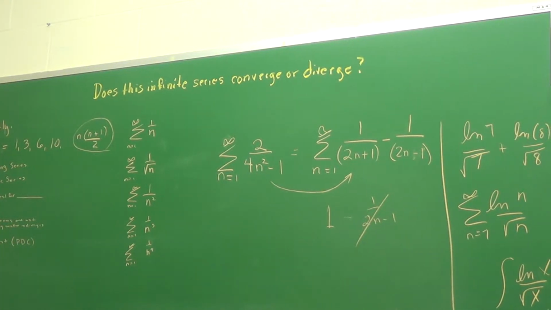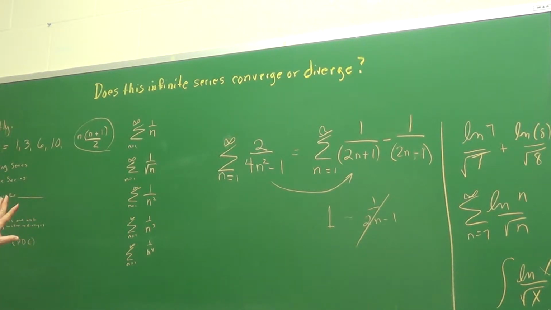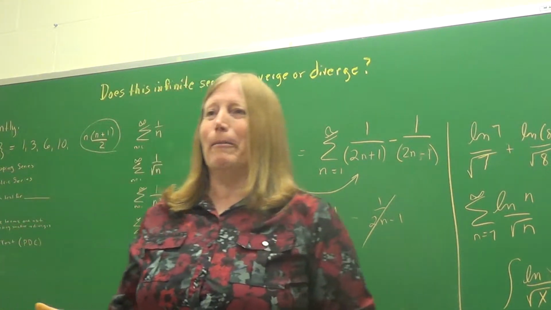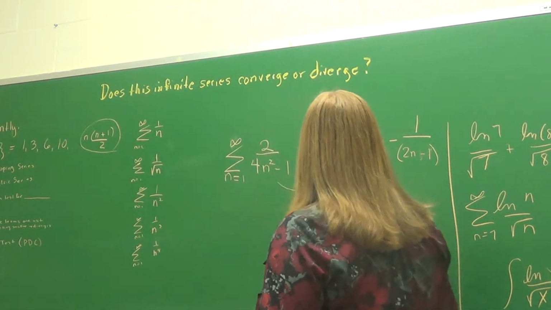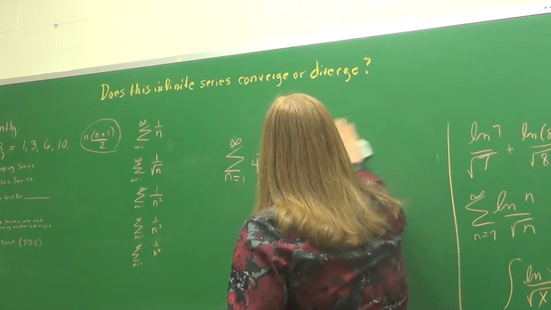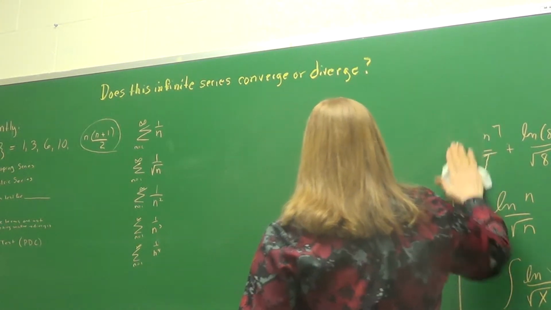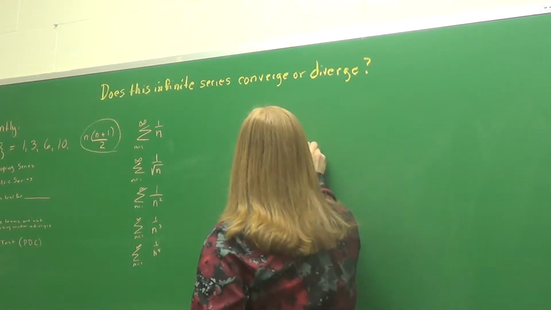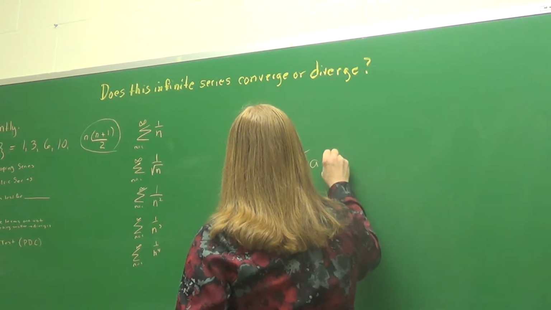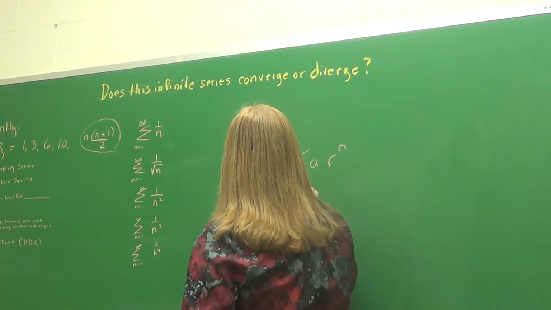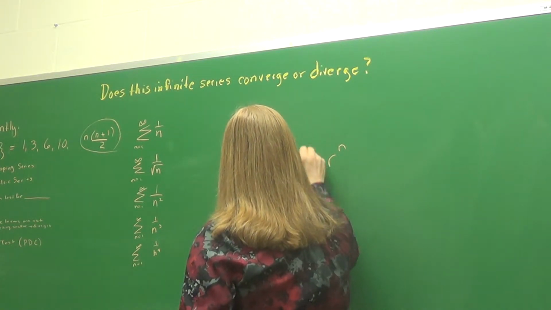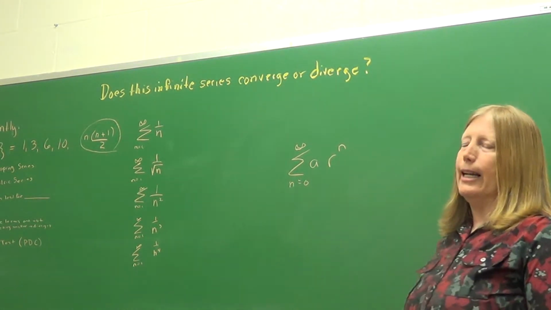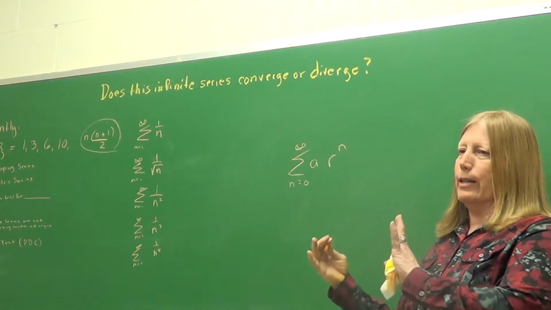Then we went on to geometric, which, like telescoping, has dropped out of our scopes because it just hasn't seemed to appear in our problem sets. But the geometric did appear and it stayed with us. So the geometric one looks like this. It has some first term and then some r raised to the n, and it went from 0 to infinity. So Morgan, what was the hoopla about that when we had to check